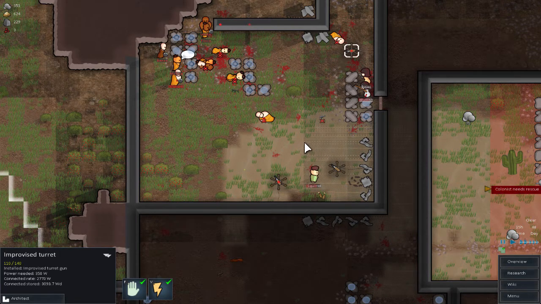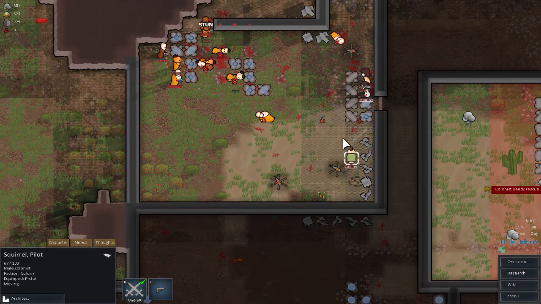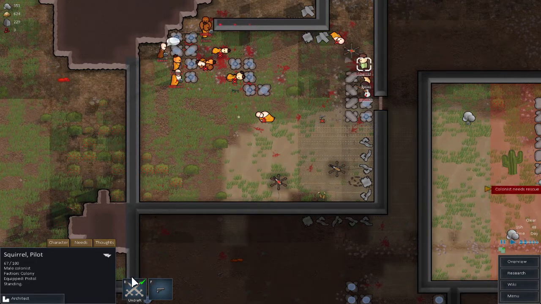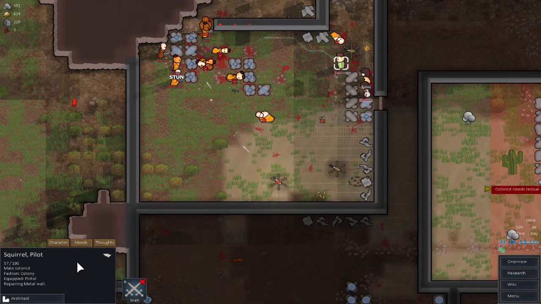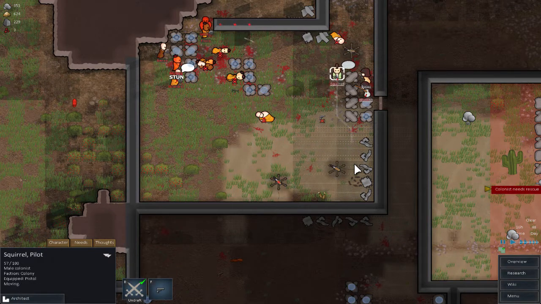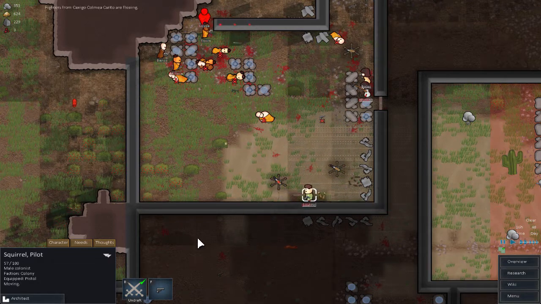How much health is that one at? 110. This one's at 134. Yeah, Squirrel, you might as well go and heal that one. Let's move you around the safe way, though, because that thing's gonna be a bit more damaged before too long, for sure. Oh god, Squirrel, what are you doing, buddy? He's repairing the metal wall. You don't really need to do that. I think that metal wall is going to be okay for the time being, and even if it's not...